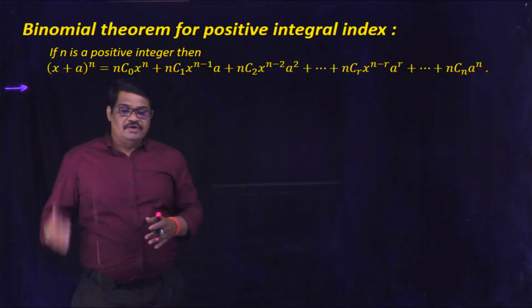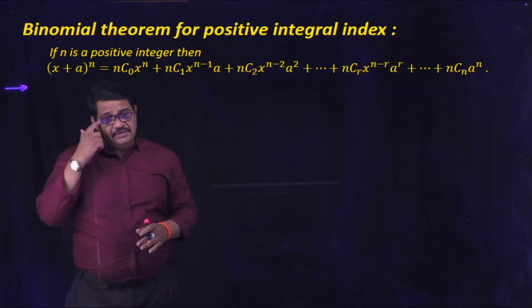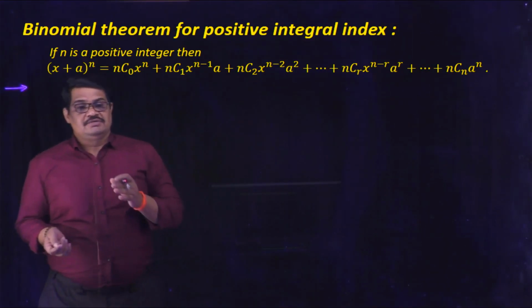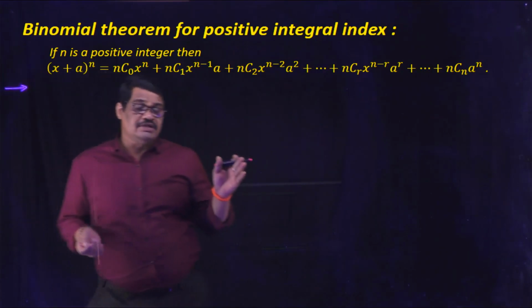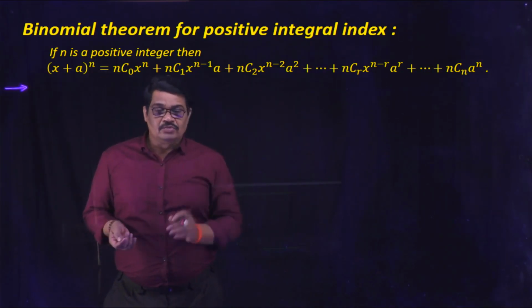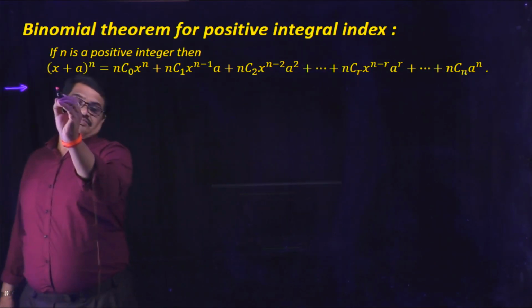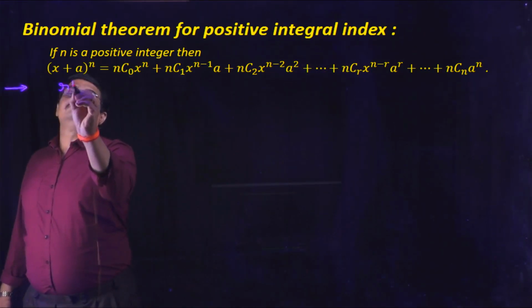So the number of terms is n plus 1. Here the general term is the (r plus 1)th term, and the coefficients nC0, nC1 and so on, nCn are called binomial coefficients. Now we are observing the rth term. The rth term